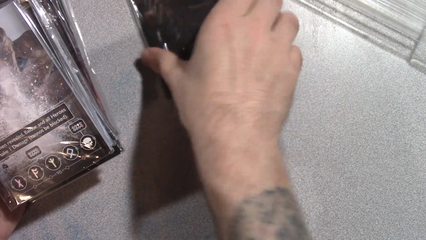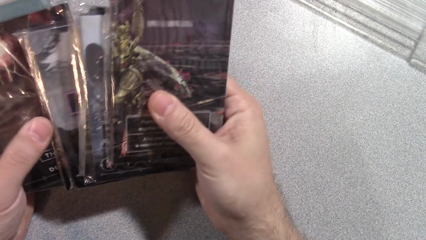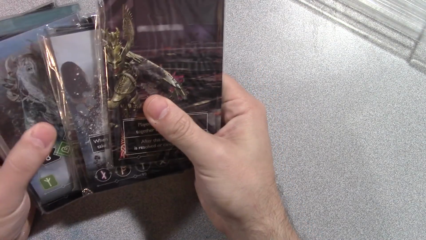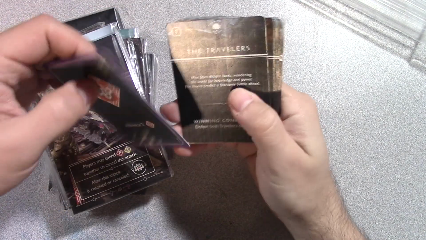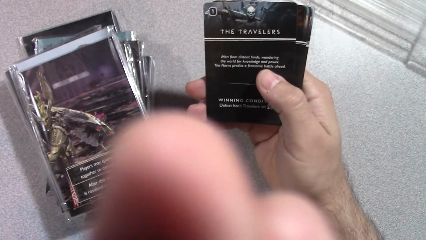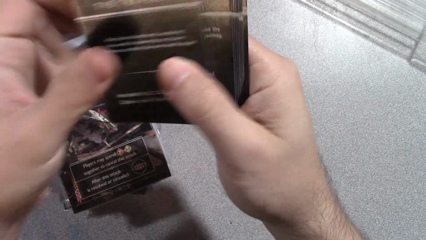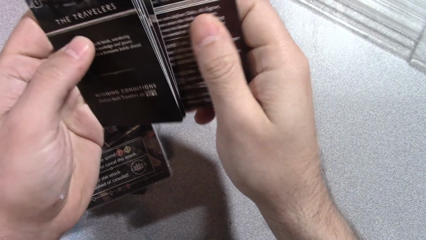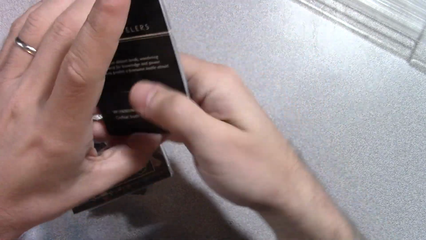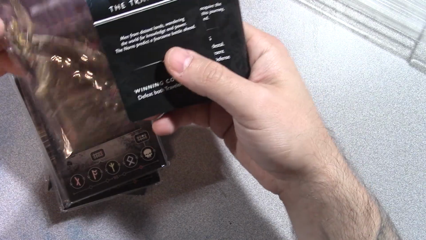And there's a bunch here. If these are all a mission, it's like 1, 2, 3, 4, 5, 6, 7, 8, 9, 10. How many quest cards were there? I keep bumping my camera with my head. 1, 2, 3, 4, 5, 6, 7, 8, 9, 10. Oh, there's 10. But it looks like with each of these, if they're double-sided, I think